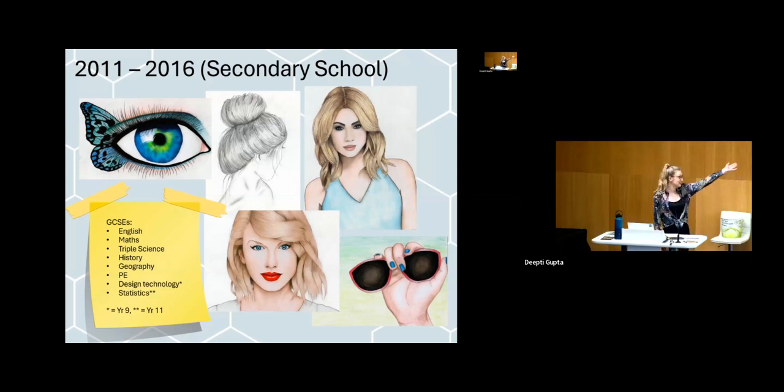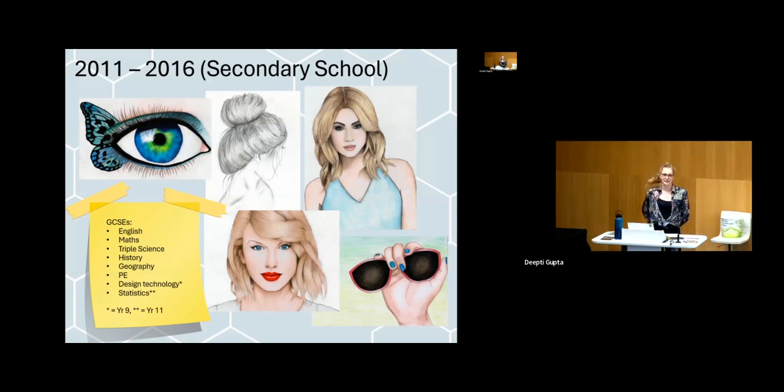And I've listed my GCSEs on the board, and you will notice a distinct lack of GCSE art, which was not what I wanted. However, at my school, you have to choose between triple science and art because of the option blocks. So unfortunately, I had to sacrifice art because I thought science would be maybe more useful for my future, which is a good job I did it, considering now I'm still doing science, like over 10 years later.